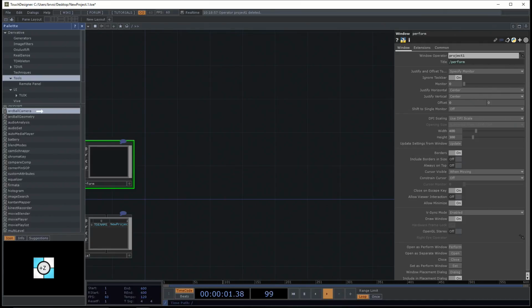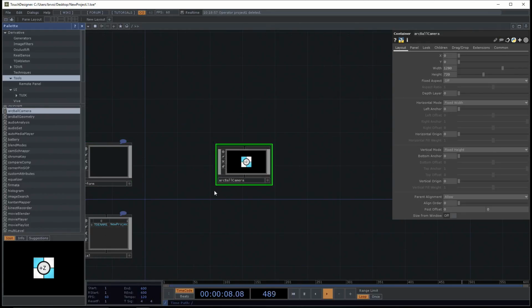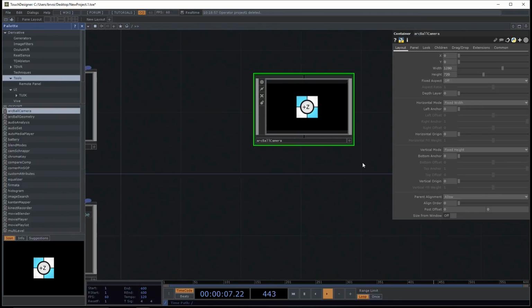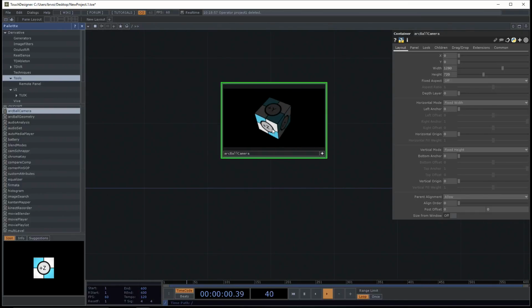So what Arcball Camera does is it allows us, if we make the viewer active, to inspect our scene and zoom in and out with middle mouse, left mouse tumble, right mouse move. So it makes a little